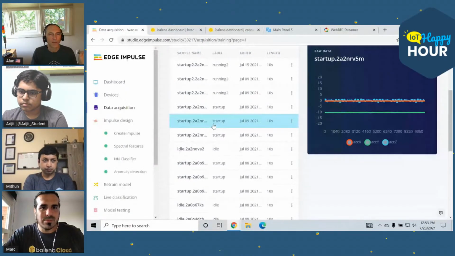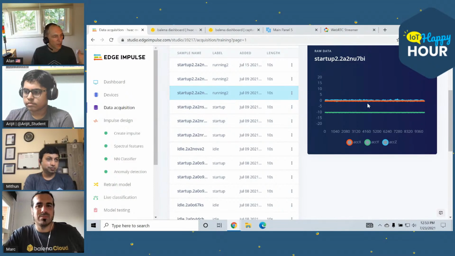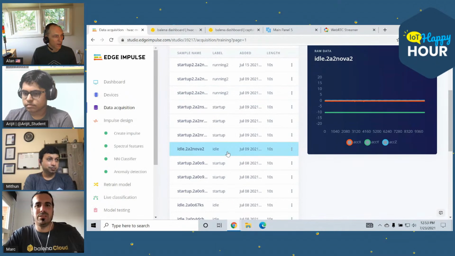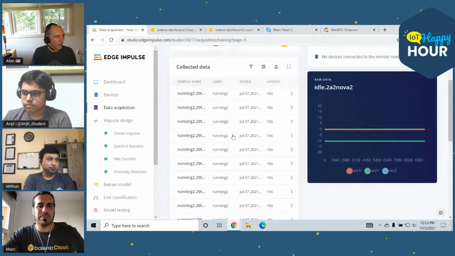You can see it's kind of subtle, but if you look at the startup, it's very different than when it's actually running. When the system first starts up, it has this very distinct vibration, and then once it starts running, the vibration is different. And when it's idle, of course, there's not much, and there's also one other state here.